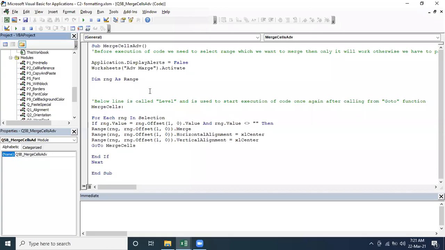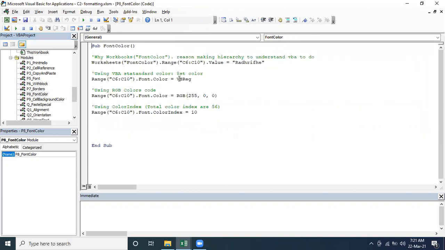Okay, so last time we finished these things: cell references, copy paste, font, with block and word border, right? I think border color also I have finished for you. How are we going to do it? That's very easy.